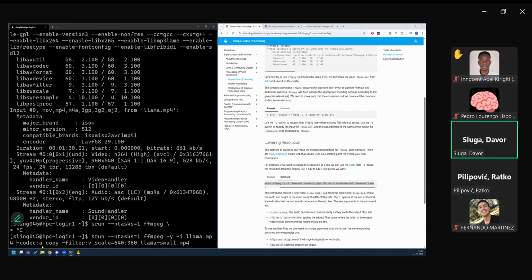This means that the audio should be just copied, and video should be filtered with the scaling filter, and the new resolution should be 640 by 360, and the output video should be stored in this llama small.mp4. And if I run this,